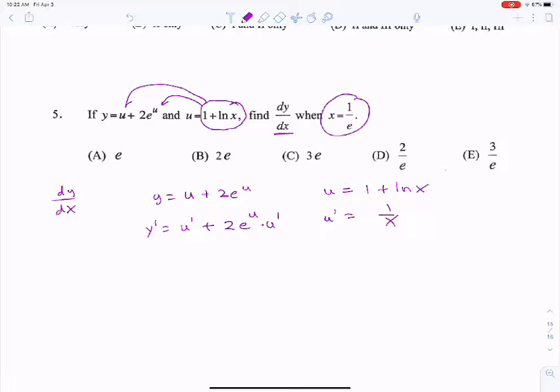Next, let's go plug in the values that we have. So y prime equals u prime, which is 1 over x, plus 2, and I'm going to do it this way. e to the u is e to the 1 plus ln of x, and then that's going to be multiplied by 1 over x. Let's double check the substitution before I continue. I'm not going to worry about substituting into e until I've cleaned this up a lot. I think that's going to help. So let's make sure. 2 times e to the u, which is